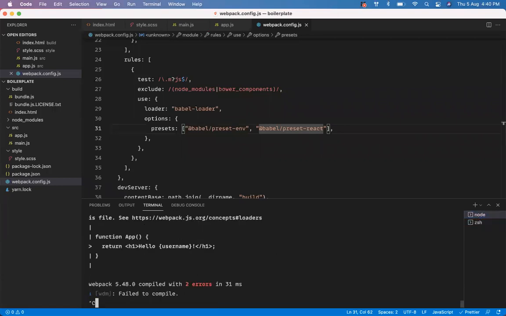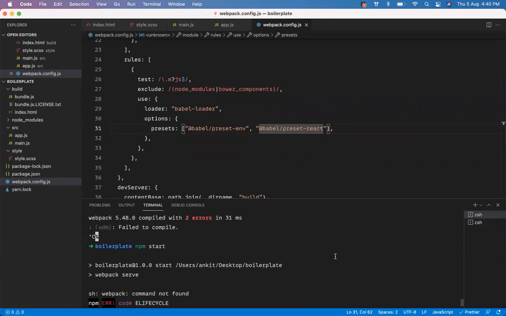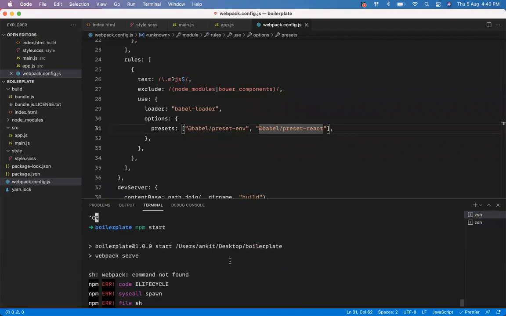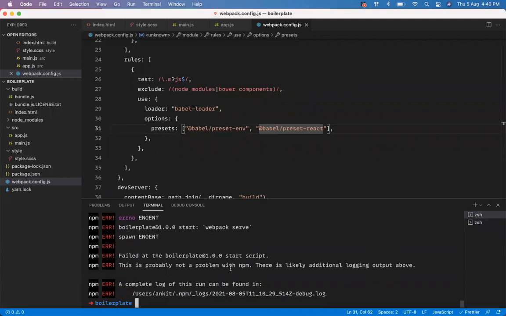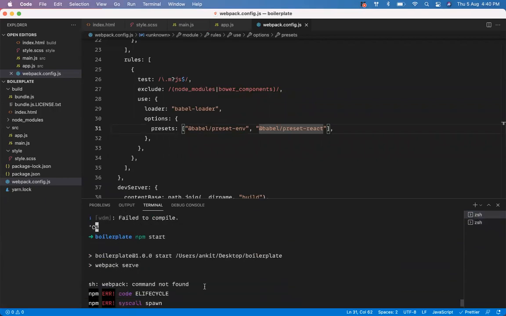I'm just going to break this server and restart it. It is again throwing the error. What is the error? Webpack command not found.